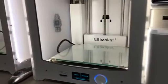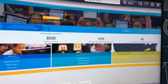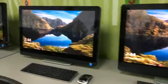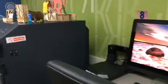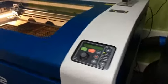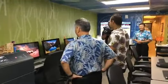So what we do is we connect with other maker spaces. It's about connectivity. We have individual computer modules for the keiki, and we have a laser router, and of course, for safety reasons, the proper filtration system. We've partnered with volunteers, packed parents and children together, and really, in order for this to happen, it's a collaborative